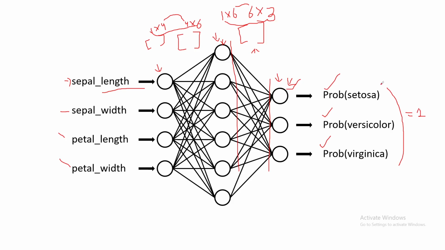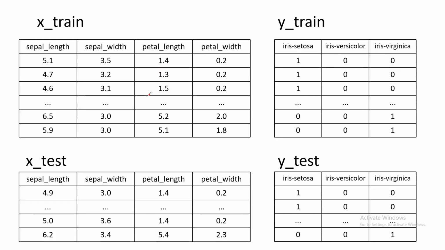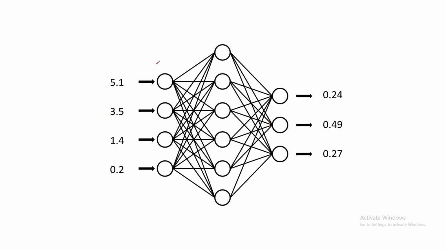Okay, so let's go to the next slide. So how will things work? If you remember the first training sample, which is this one, sepal length is 5.1, sepal width is 3.5, petal length is 1.4, and petal width is 0.2. Remember these values: 5.1, 3.5, 1.4, and 0.2. So this is a vector of dimension, if you remember, 1